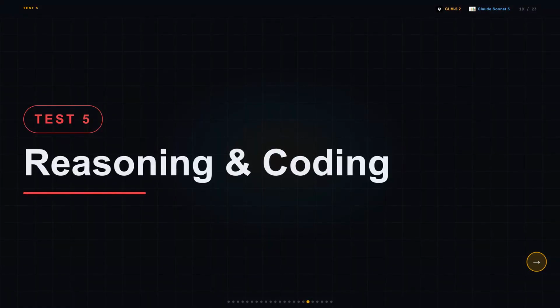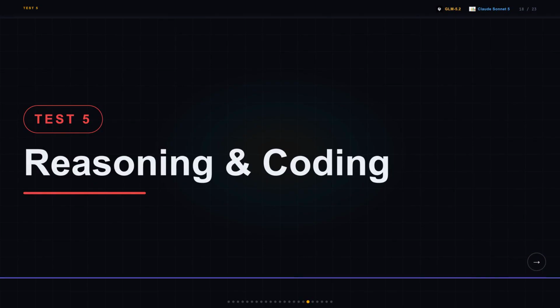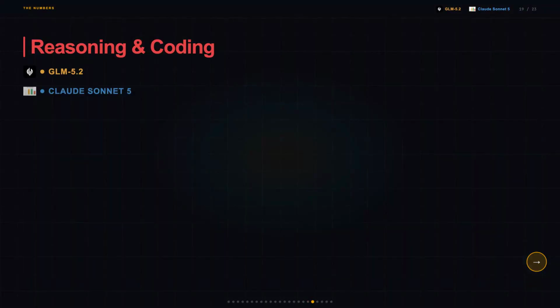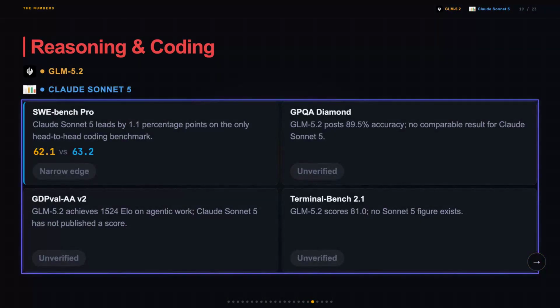Test 5, Reasoning and Coding. A model that fails on real coding tasks costs you debugging time, broken PRs, and trust from your team. And this is the benchmark that separates genuinely capable models from the ones that just look good on paper. The only direct head-to-head coding benchmark we have is SWE Bench Pro, where Claude Sonnet 5 scores 63.2, GLM 5.2